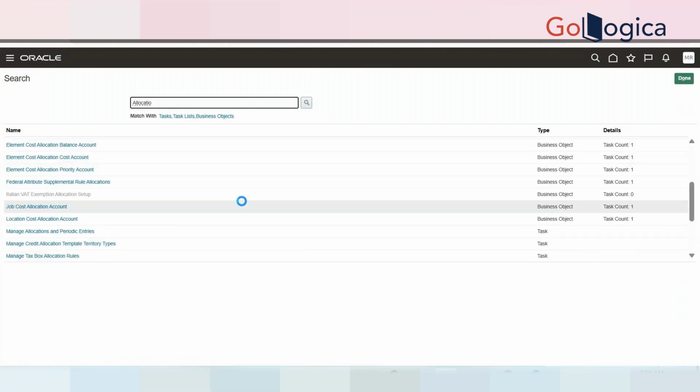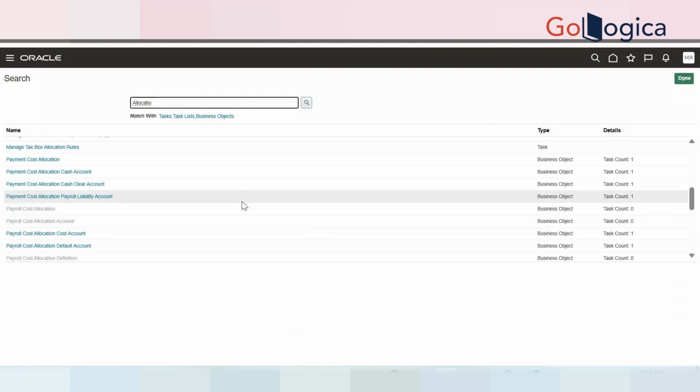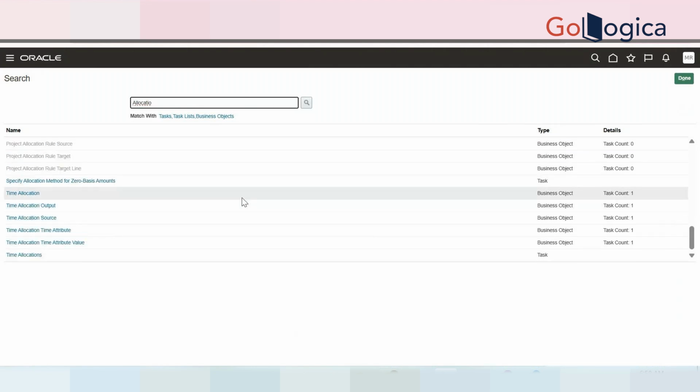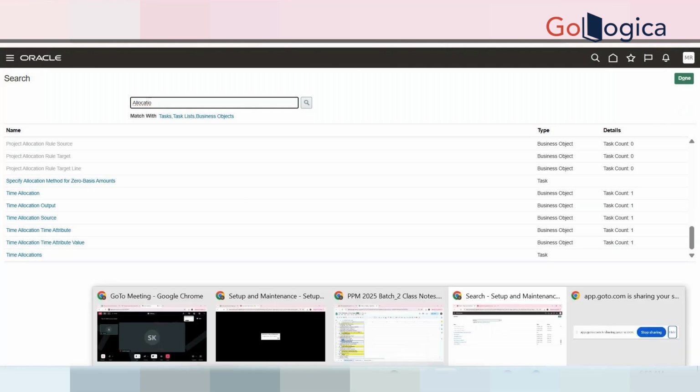To define this also, we need to have projects in place, data wise, okay, to define the allocation rules. But I have some example of what is called